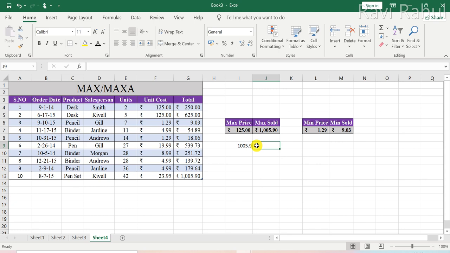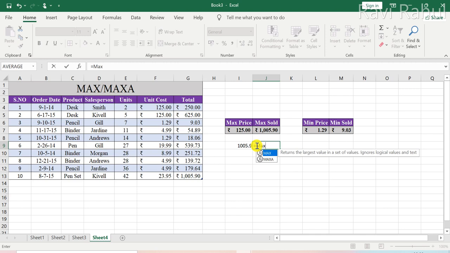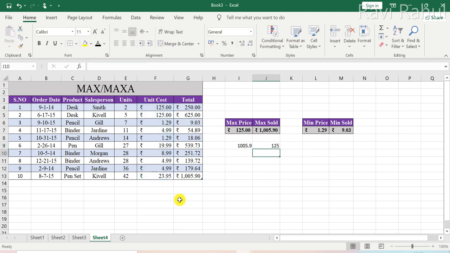For that I will type in the equal to sign followed by the formula max, and I will select the range of unit cost, and it will display me 125, because this is the most expensive product's cost in this present table.